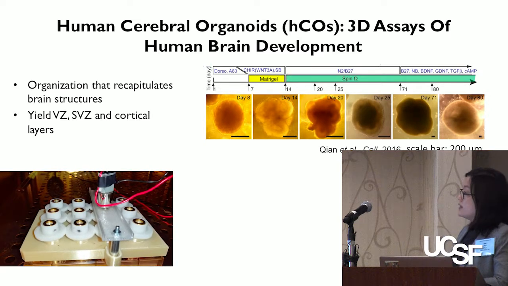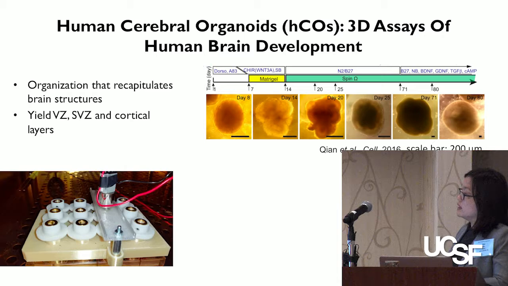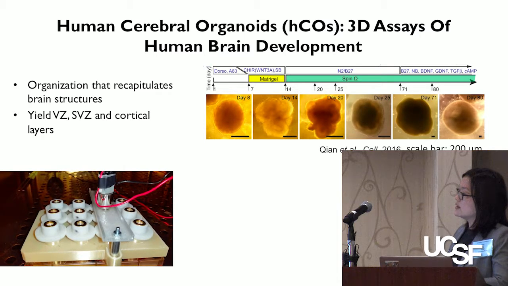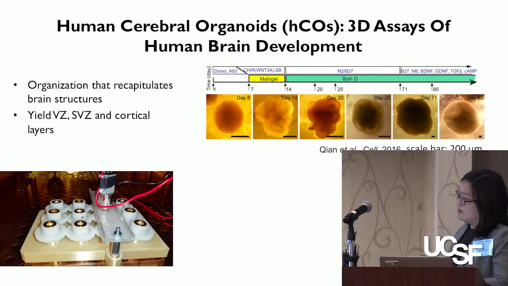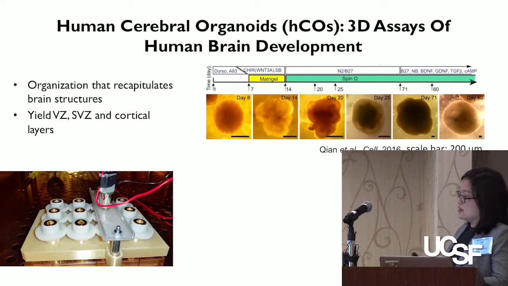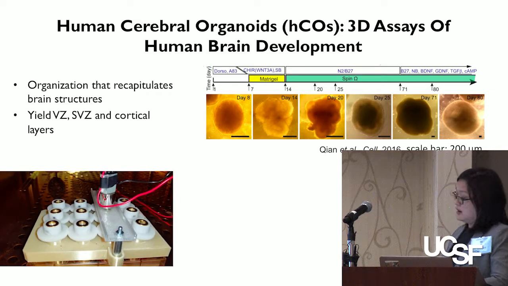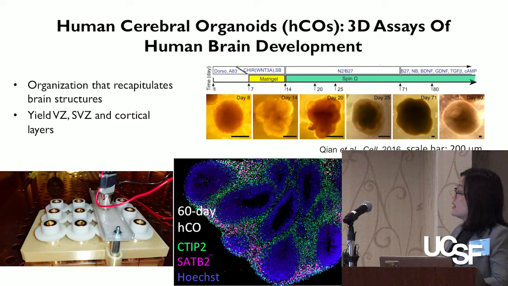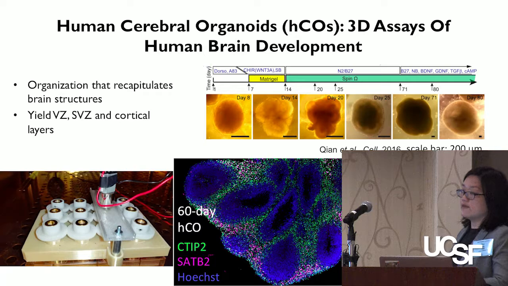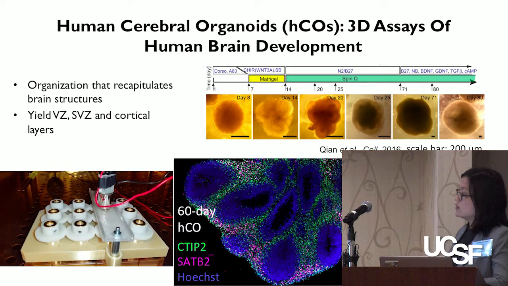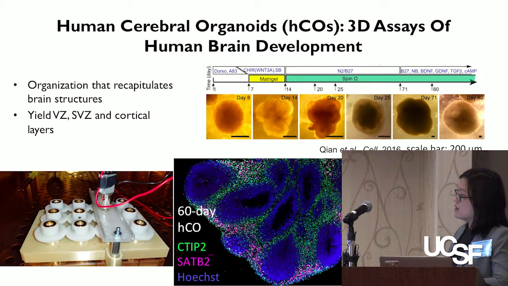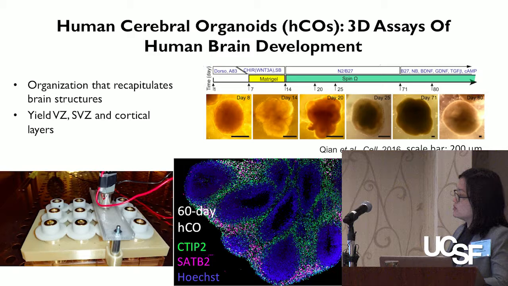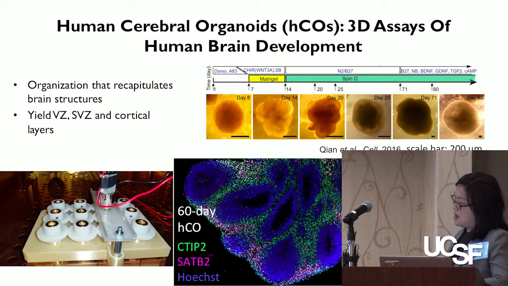So this is how we call spin omega. The organoids were in these 12 wells, and using this motorized system we can mix the cultures and increase the oxygen level in the wells. When we took day 60 organoids, sectioned them, and stained for markers of different layers, we could see the nice structure of the neural rosette, the SVZ or VZ-like areas in the middle, and then CTIP2 and SATB2 for the deeper and upper layer